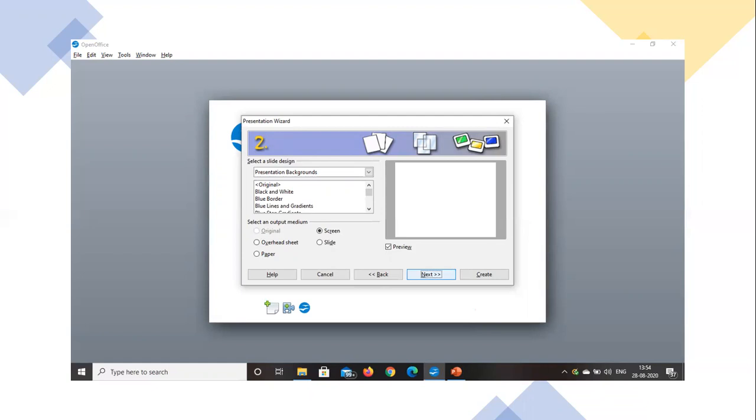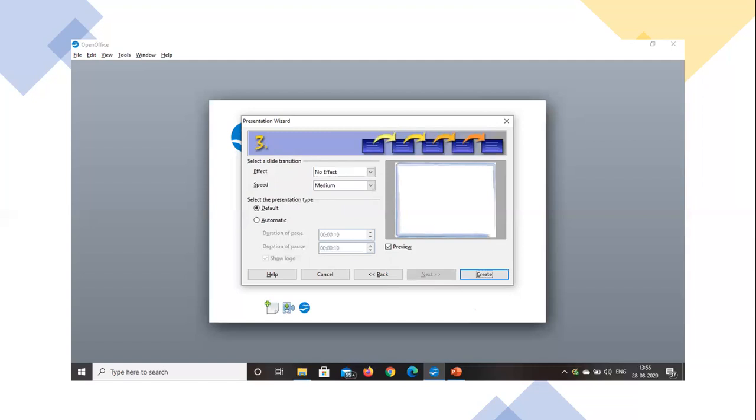Once we select the presentation background we want, we click on next. This is the third step. Here we have several options. Select a slide transition: effect, no effect is given.